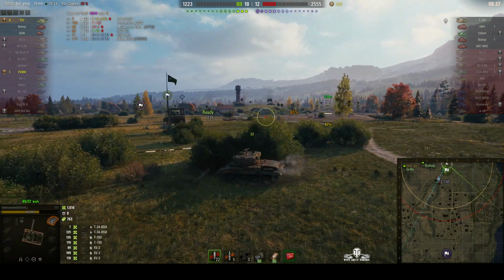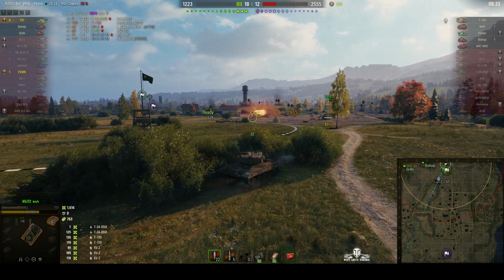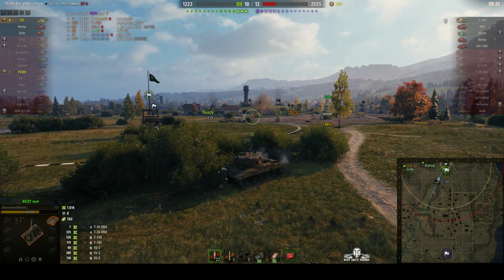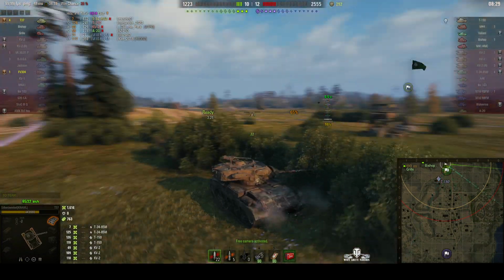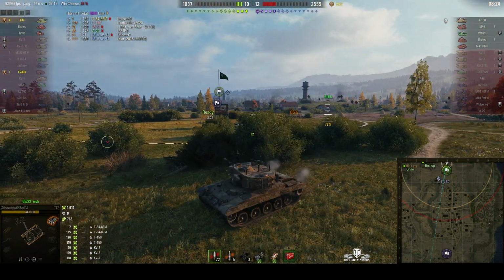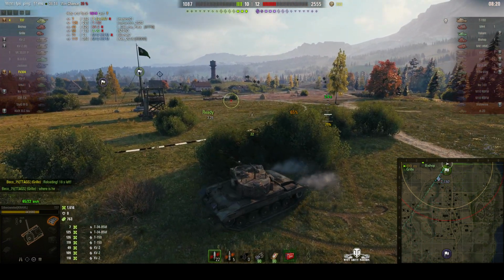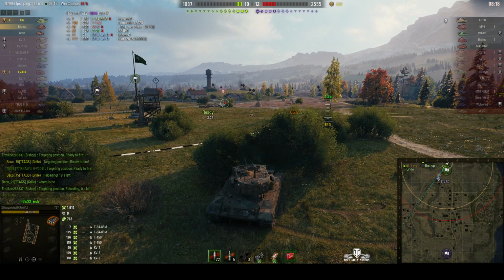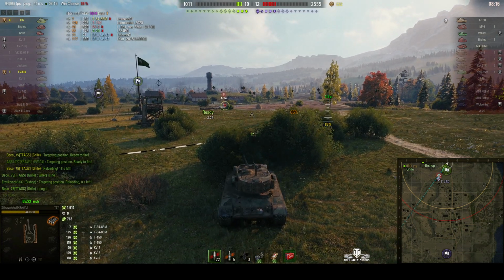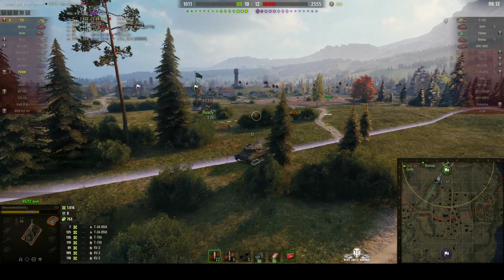Jockeying for his spot. He knows that if he has to go through the gap, the T150 is more than likely going to see him. The gap over there. Although that probably is the answer. Remember, there's still that Valiant out there moving about slowly. 3 Arty on the enemy team. Of course, we don't worry about Arty as such because as Arty players and what Arty noobs...